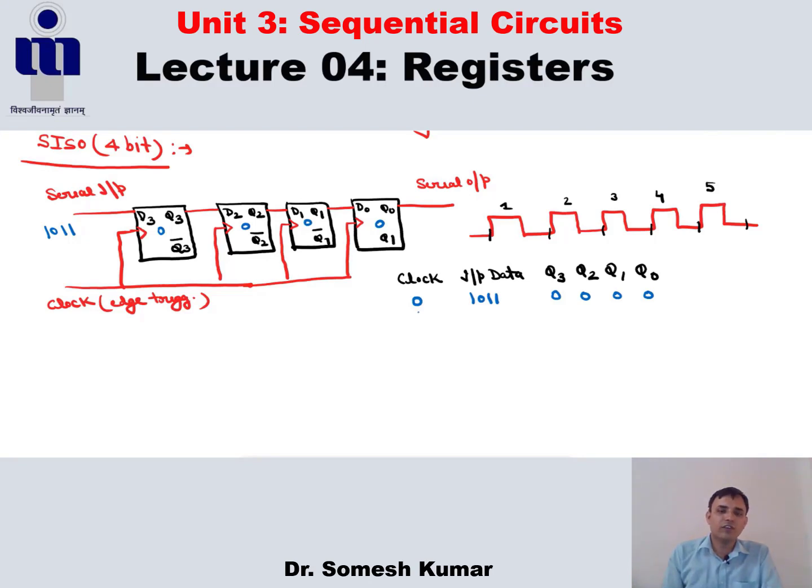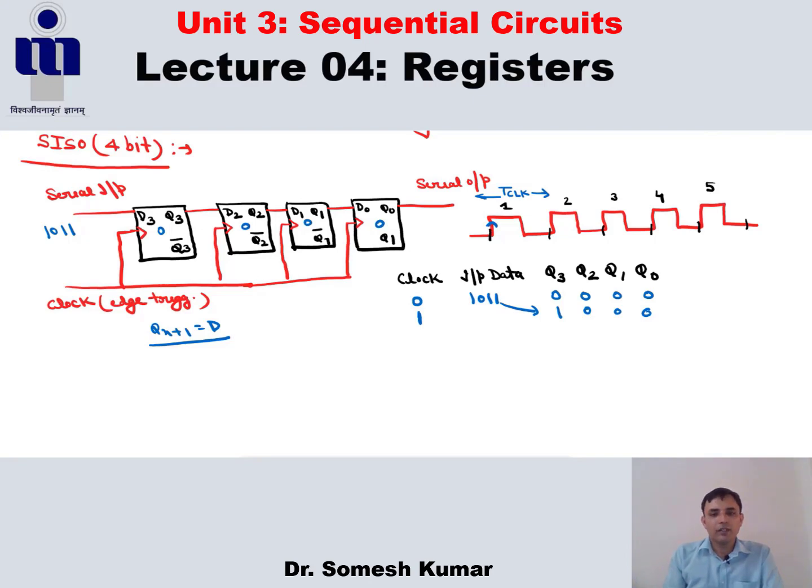So what happens in the first clock at this stage? What happens at this edge? So at this edge, this first input, in the D flip-flops, Qn plus 1 is equal to the D here. So this Q3 should be equal to the D3. When the first clock is applied, this 1 is propagated to the Q3 here. Fine. So here I am saying the clock period is TCLK. Fine. So in the first clock cycle, this 1 is propagated to the Q3 here.